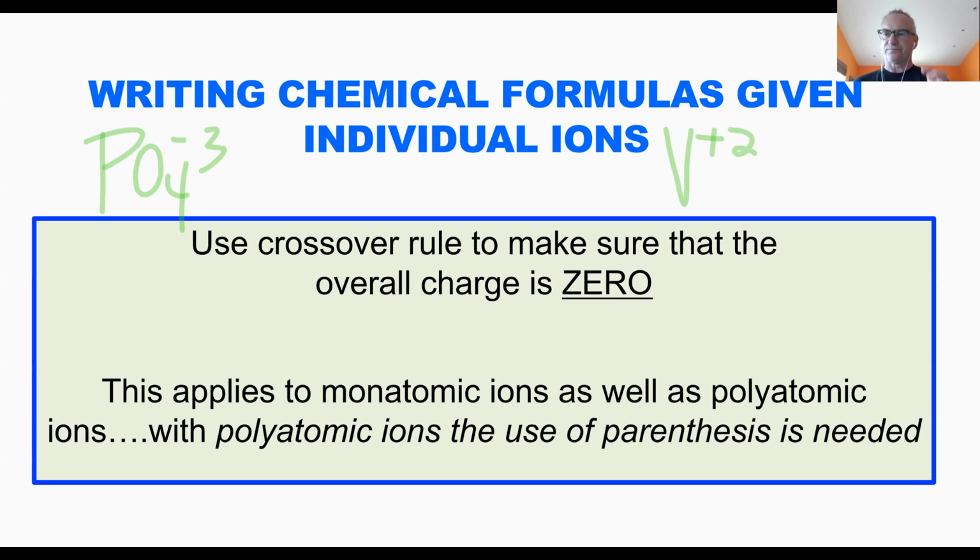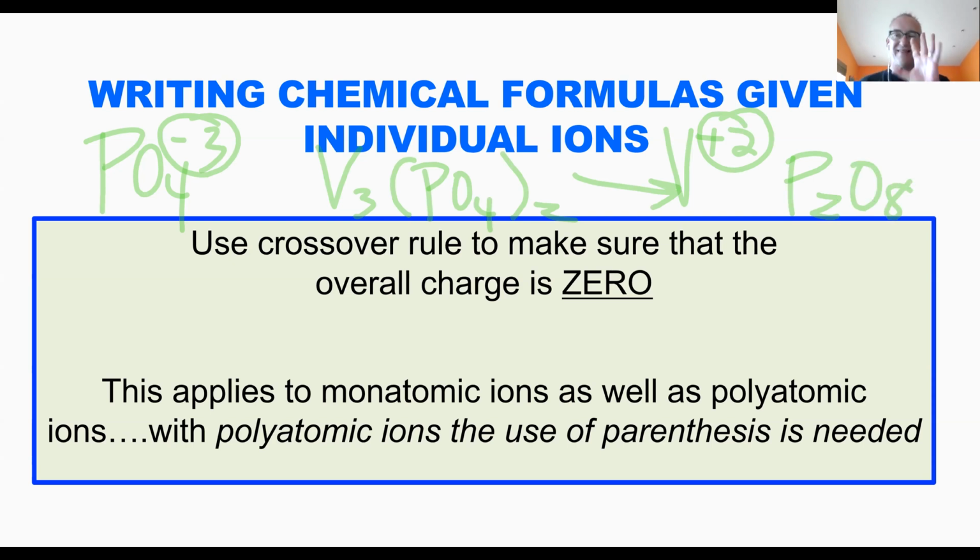And so I need more than 1 phosphate to balance that out. So what I would do is I need 2 phosphates and I need 3 vanadiums. I'm going to crisscross them. So I would write V3 brackets PO4 2. Now what I'm seeing some students do is instead of going PO4 2, they will write that as